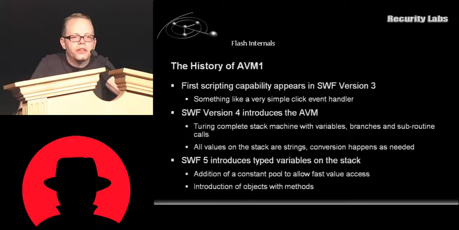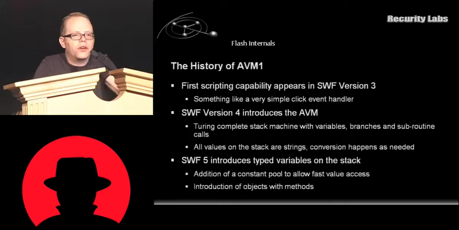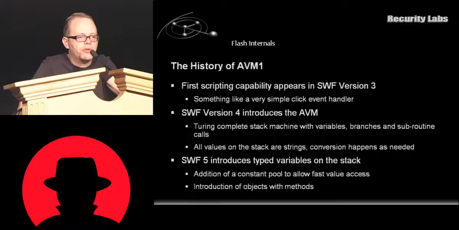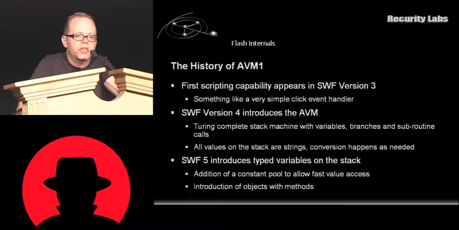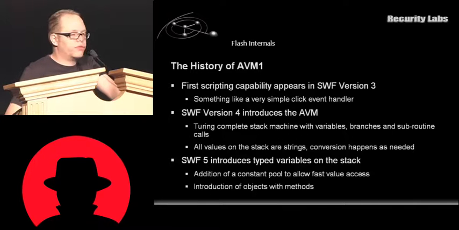Interestingly enough, they decided to have all variables being strings. So if you would add two numbers, it would actually push two string representations of the numbers onto the stack and then call the add opcode. And the add opcode will try everything in its possibility to convert the string into a number and the other one into another number and then add them and then back to a string and then push